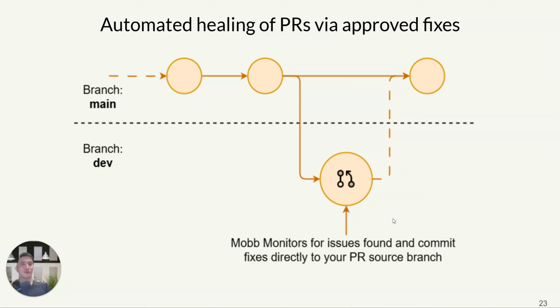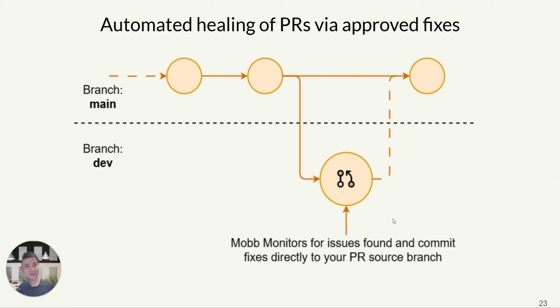Hi there. In this video, we're going to be showing you how you can take the automatic fixing of your security issues to the next level by using the ability for Mobb to commit the fixes directly to your pull request. So the idea here is that as the developers are creating pull requests for their features and patches that they're making in the repository, Mobb alongside with your SaaS scanner are there to catch any issues that were found